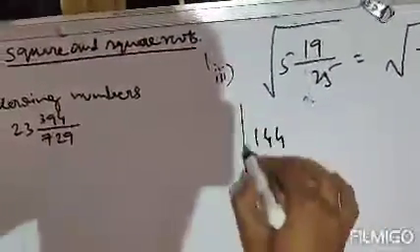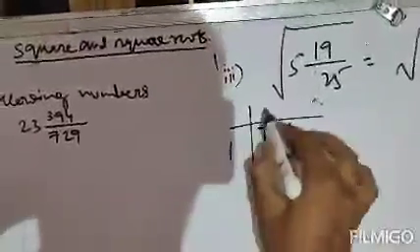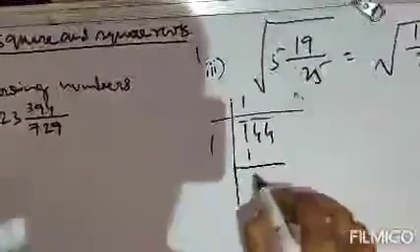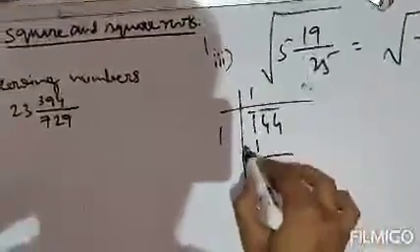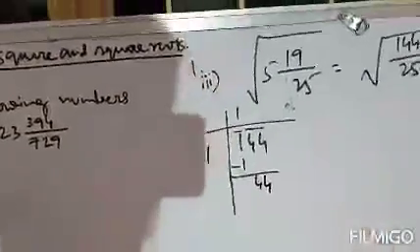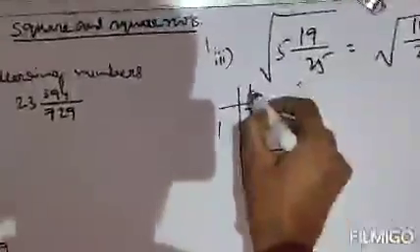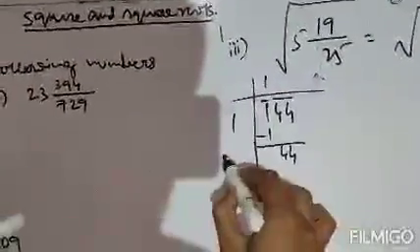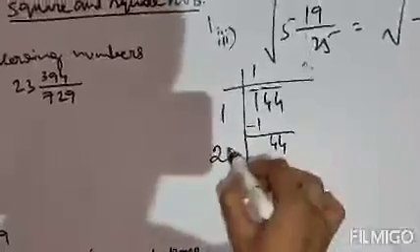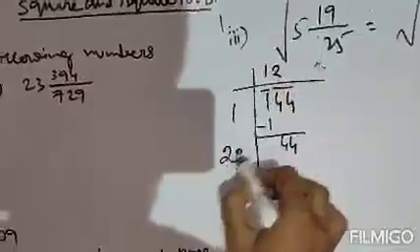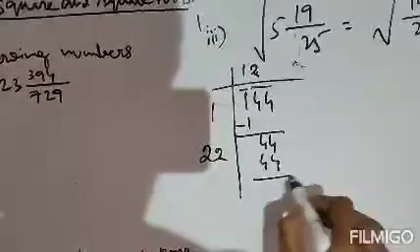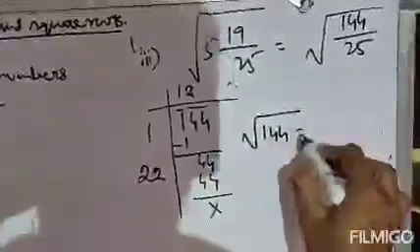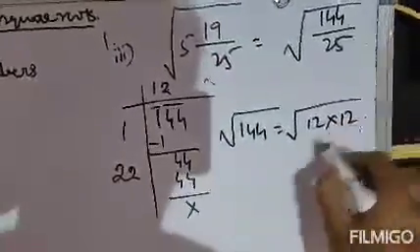So 144, take two numbers from your right side, that is 1 ones are 1, subtract, this will be 0, but we will not write 0. Instead, we will just put down the two numbers. Next this will be multiplied by 2, that means 1 2s are 2. Then 2 2, that means 222, 2 2s are 4 and 2 2s are 4. Clear? So the square root of 144 will be 12. That means you can write the square root of 144 equals 12 into 12.